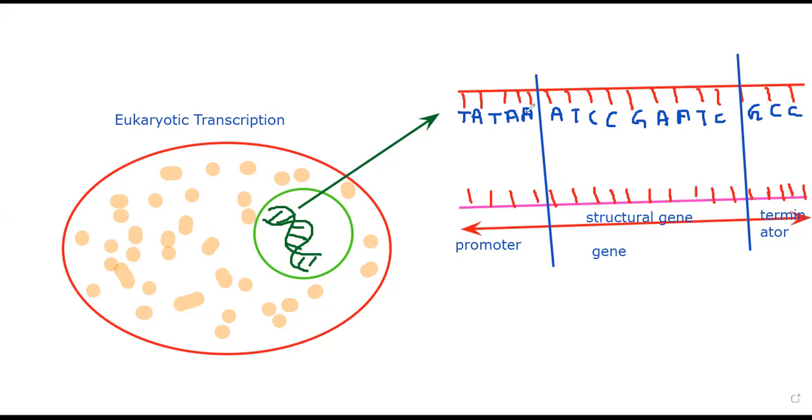Now, I told you any strand of the DNA which is going to take part in the transcription is called the template strand. So I am taking this red one as the template, and obviously it will start from the 3' end and end at the 5' end. And you know the lower part, which is the coding part or non-template strand, is just the opposite. It starts from the 5' end and ends at the 3' end. This is a known thing because I explained these things in my previous lectures pretty well.